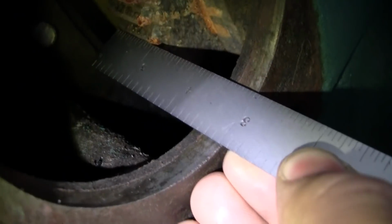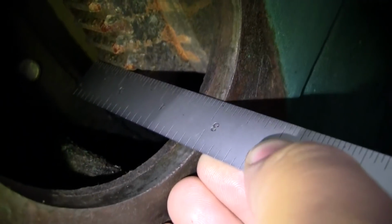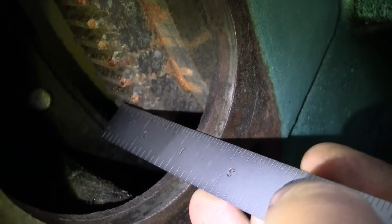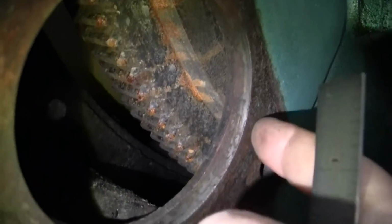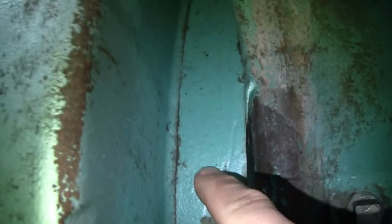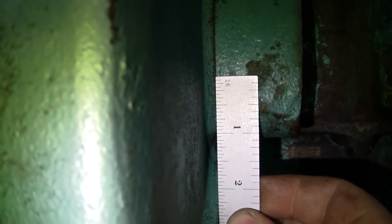Big gear. So from that, we know we've got a 1 inch wide ring gear, and it's approximately 1, 2, 3 inches from the far edge of the ring gear to this machined face here of the bell housing. So we'll put it right in the center of the ring gear, so we need about 2.5 inches in from this machined face. And the nice thing is this machined face right here, well, it doesn't quite continue, there's a gap, but that machined face is where it mates up to the engine block, and you can see that parting line right there is at the same height up from the casting. So we can use this parting line,